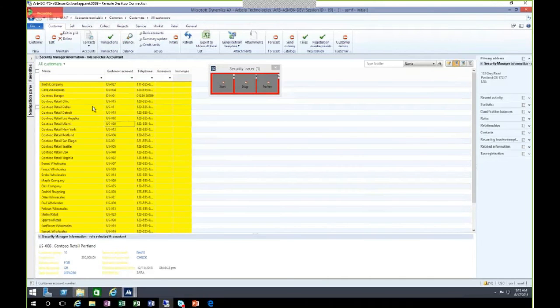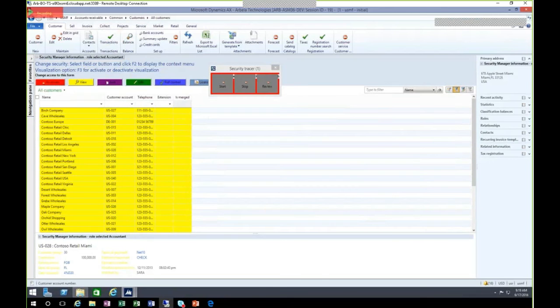And as you can see, the security level visualizations are here. If I want a quick reference as to what each color code means, I just expand the security manager information section that's added to each form while the security is visualized.